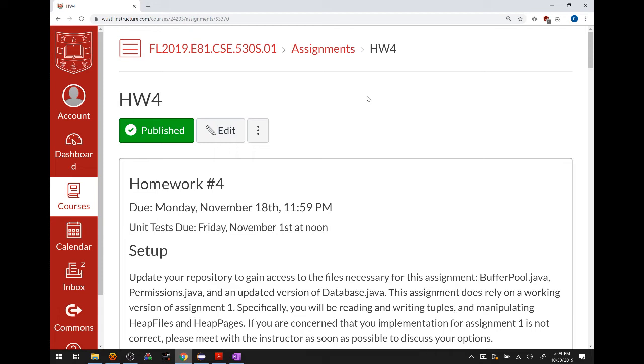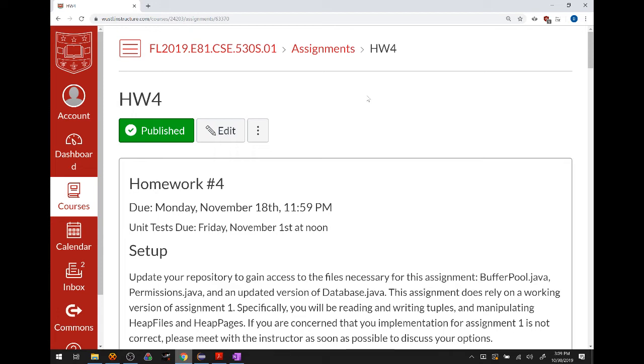So if I have a bunch of transactions performing some operations, they're going to require access to those heap pages. Where are those heap pages going to be stored? They're going to be stored in the buffer pool. It's important for this buffer pool to exist because, if we're going to implement locking, I need every single transaction to go through the same entry points to acquire the data that it needs, so that we can check to make sure that it has the locks it needs to perform whatever operations it's trying to perform.